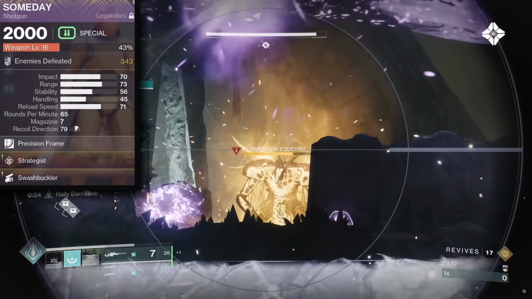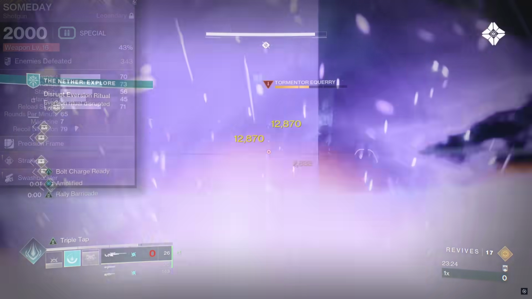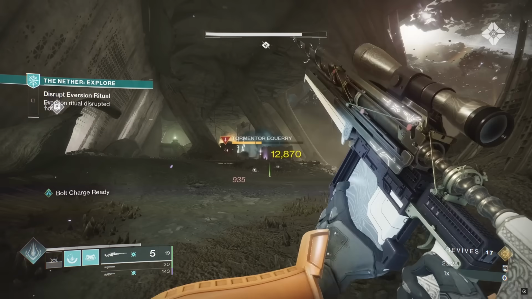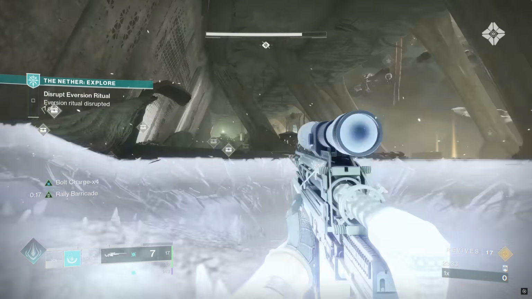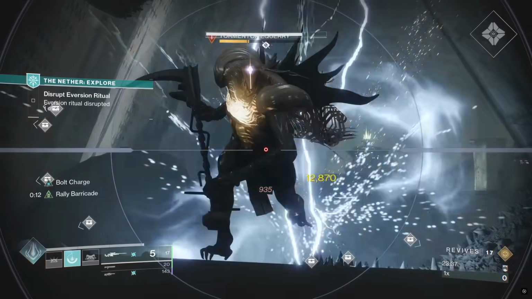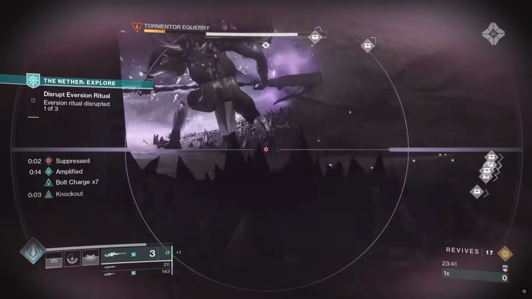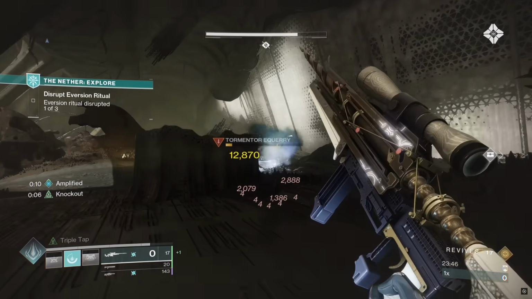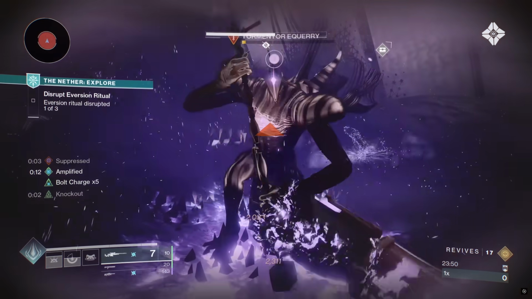I crafted it with Enhanced Strategist and Enhanced Swashbuckler, because for those who don't know, perks that grant ability energy such as Strategist, Pugilist, and Demolitionist, on primaries they grant 10% energy per kill, 11% if enhanced, but on certain specials such as glaives, snipers, fusion rifles, and shotguns, it grants plus 20% ability energy per kill, 22% if enhanced. So with Enhanced Strategist on my Someday, I'm getting 22% of my class ability energy back on final blows,